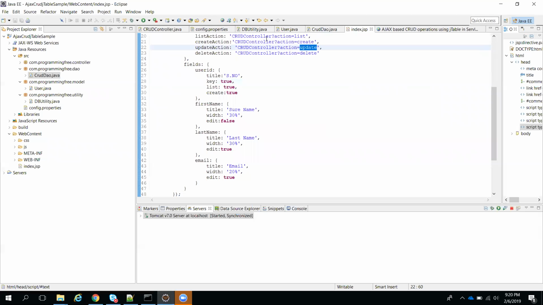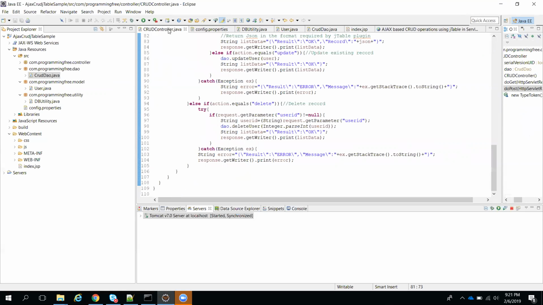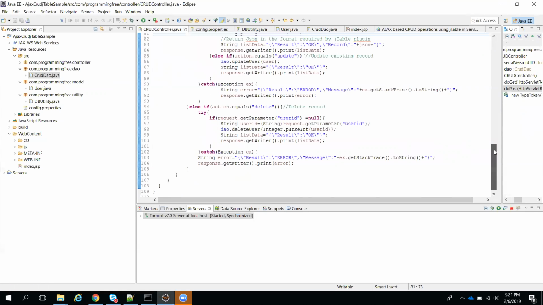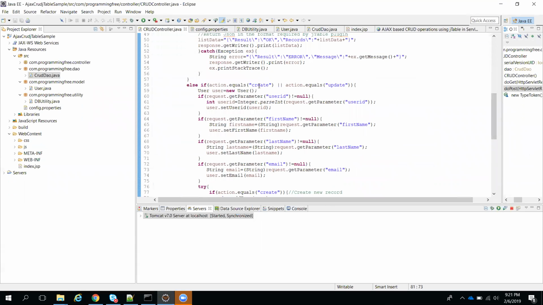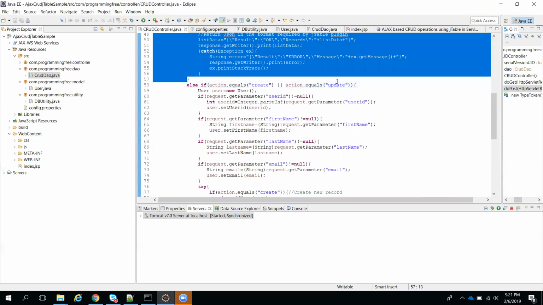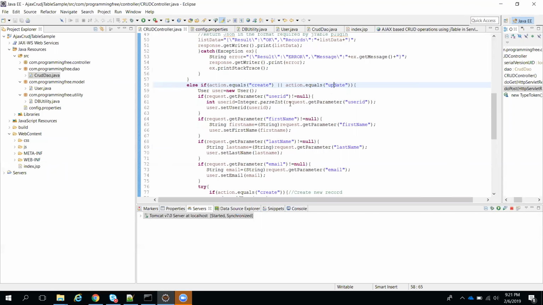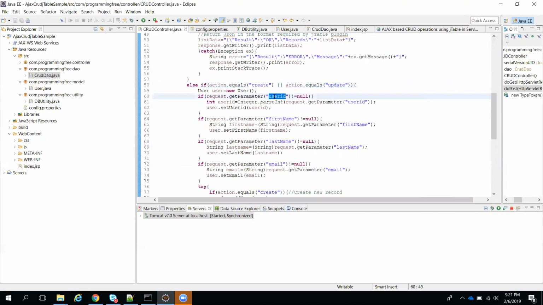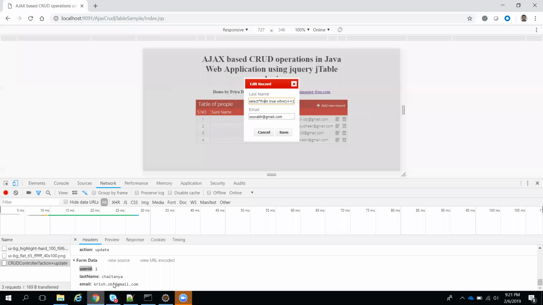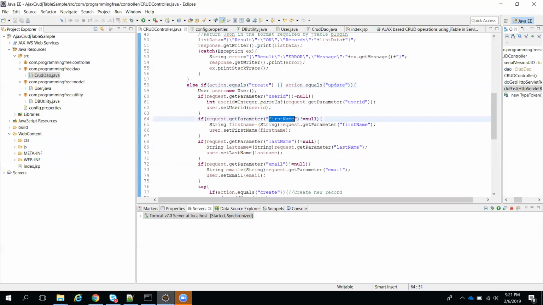So it will hit the controller in the backend, because we are giving a third controller here. There is an update action here, and we are checking for the update action. Where is the update action? Yeah. If the action is equal to create or update, whatever data you send, we get based on the get parameter user ID, because we have a parameter called user ID. In the UI we have the parameter user ID, so it has to match that name exactly. If it is small or capital, it will mismatch. Same like that, we have first name, and we set whichever parameters are available, only those we get.